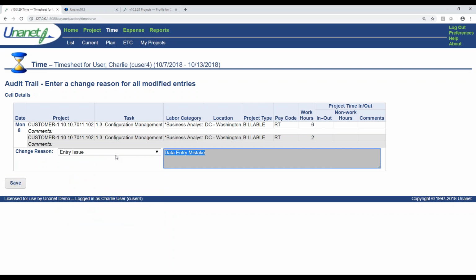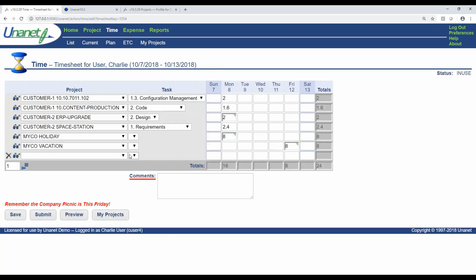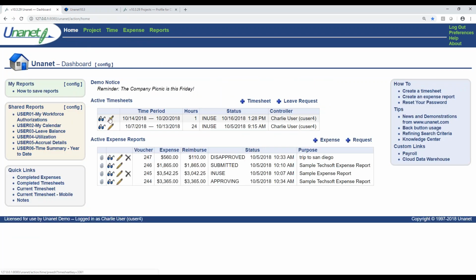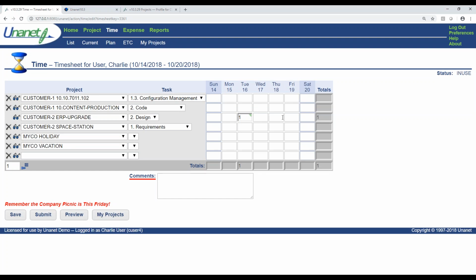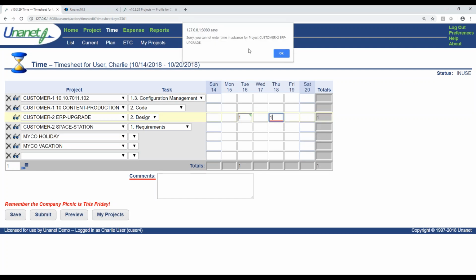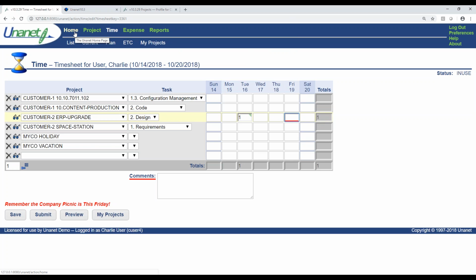And so you can create whatever pick list you'd like here, and you can see what the change reason is for making a change to that timesheet. You can also restrict entering time into the future. So on this screen, you can see where we entered time into the future for vacation. And I guess it would be better again if I go to today. So if I try and enter time into the future, you're going to see that restriction right here. So there's a lot of controls that we can have on the timesheet.